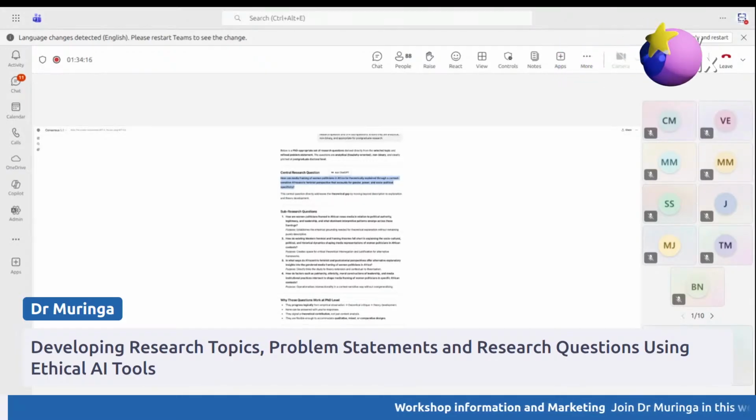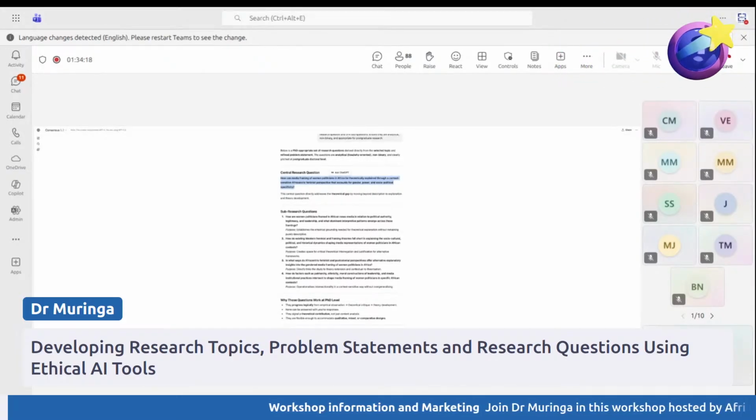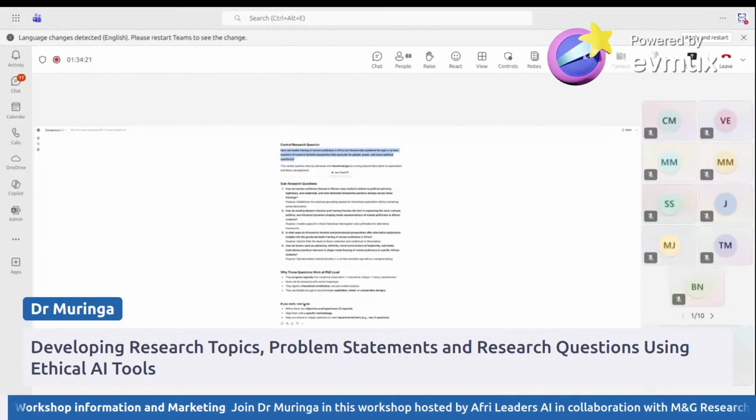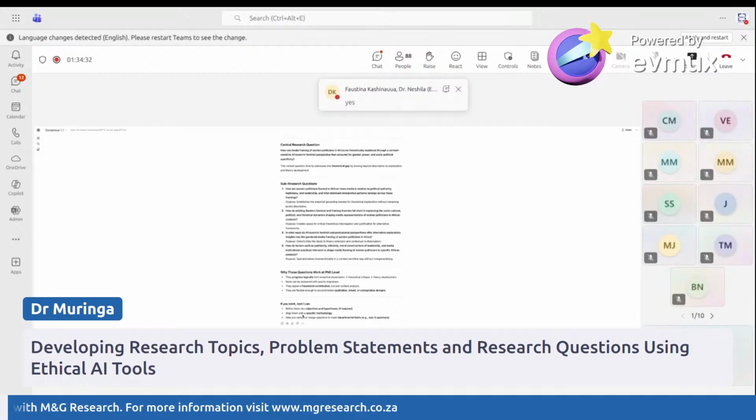Right, now I want to use the same platform to assess whether these questions are still fine. And I'm saying to this platform, critically assess the research questions for ambiguity, overlap, and misalignment with the research gap. Propose refined versions. The problem we find a lot of times with masters and PhD students is that most of